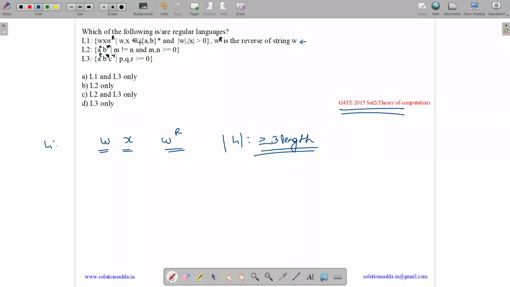Now see, W and X belong to (a, b) whole star. So let us see a possible answer for this. We can have a, b, b as W. Then X can be anything like a, b, a. And W reverse will be b, b, a. So this is W, this is X, this is W reverse. We need to find this. Now notice that